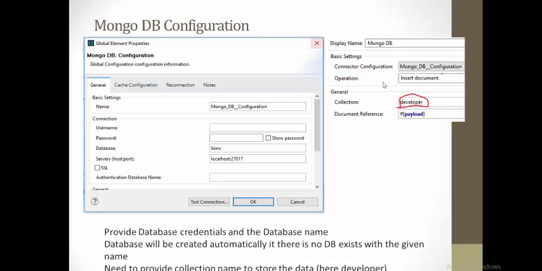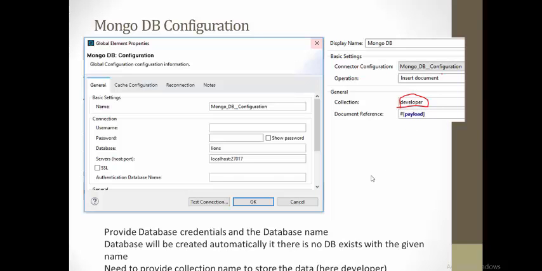Here I am inserting a document to the collection, and the collection is like a table. If you correlate to relational databases, collection is equal to table, and under what collection you want to store this document, I need to provide the collection. You can provide any collection name over here. If this collection name is not in the MongoDB, a new collection will be created in the MongoDB database.